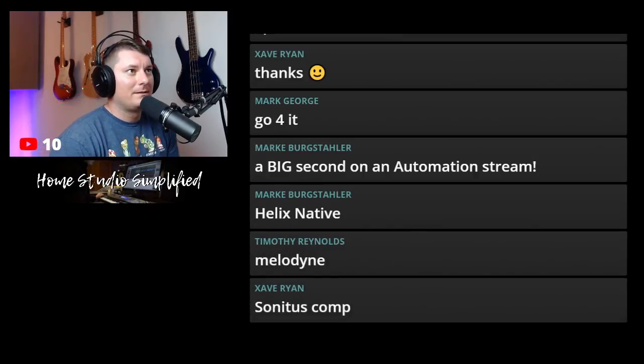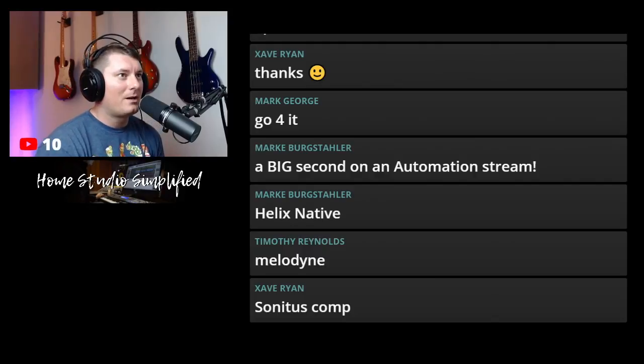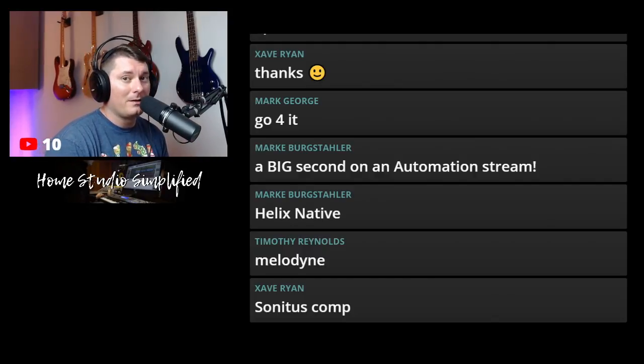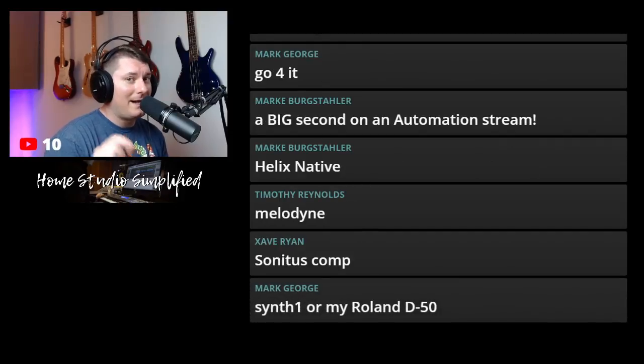Sonatus Comp. Nice, Zave, rocking those stock plugins. That's awesome. There's nothing wrong, by the way, with using stock plugins. In fact, I have mixed an entire song one time with nothing but Cakewalk stock plugins, just to see, not only whether it was possible, but also whether it would sound good. And I was blown away, to be honest. I was like, wow, yeah, it's possible. Since then, obviously, there are things you find down through the years that you switch out, but